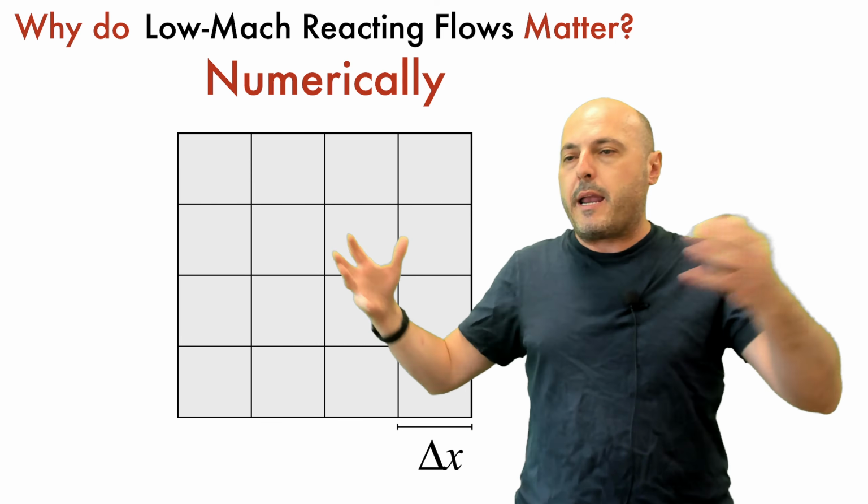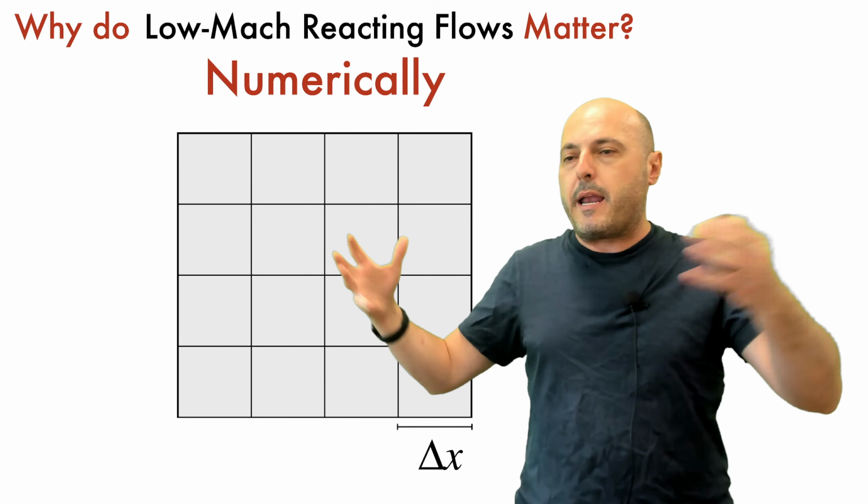Now on that grid, although you don't see it from the equations, in reality there are at least two types of things going on. There's the bulk fluid motion. That's the big vortex that's propagating, these little structures coming out from the hand. But there's also sound waves. These sound waves propagate at the speed of sound plus the advective motion, because they're riding on the fluid itself. So there are waves propagating at u plus c in one direction, and there are waves propagating in the other direction, at u minus c.